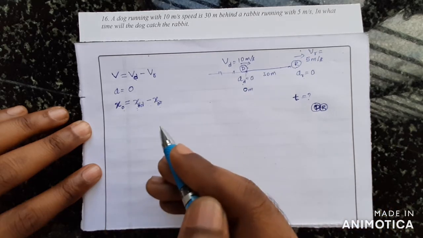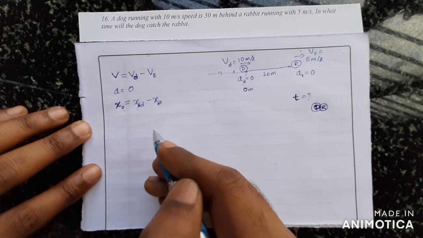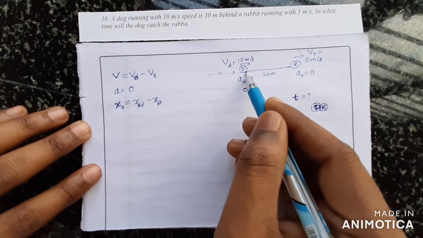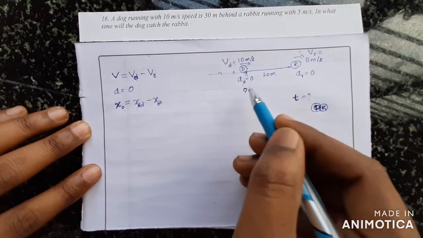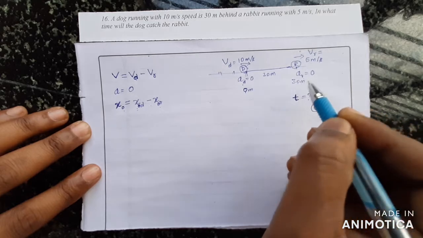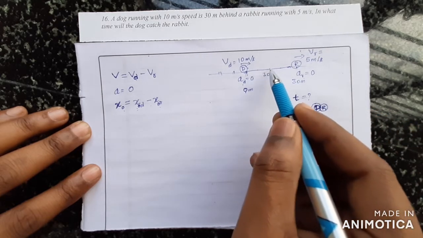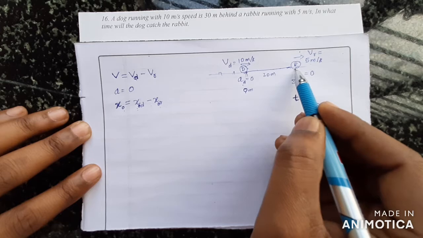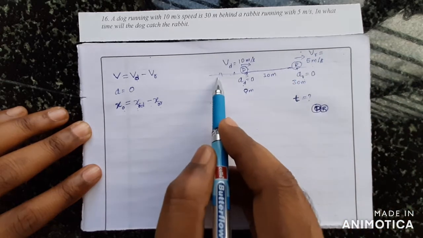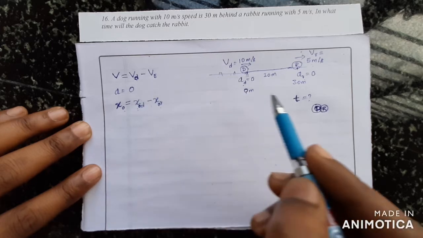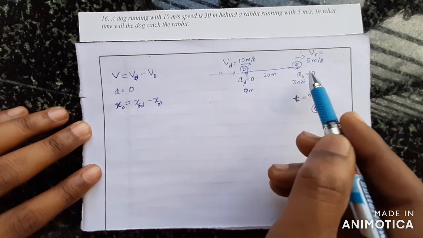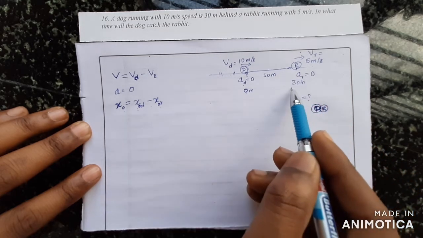the initial stage of the problem. In such stage, I can decide which is 0 meter. So I'll decide the position of the dog initially itself as 0 meter, and hence this position will be 30 meter, right? Here we will have 10, 20, then 30, and ahead 40, 50, 60, so on, minus 10, minus 20, so on. We are not bothered about these things. But here initial position of rabbit is 30 meter.